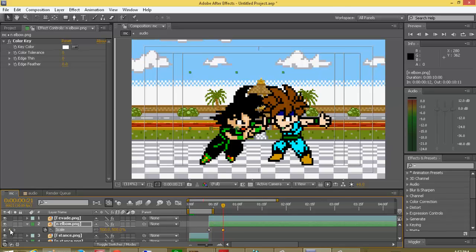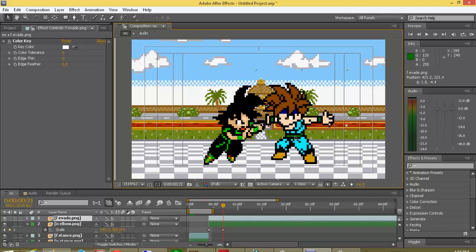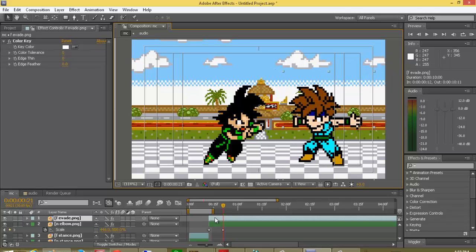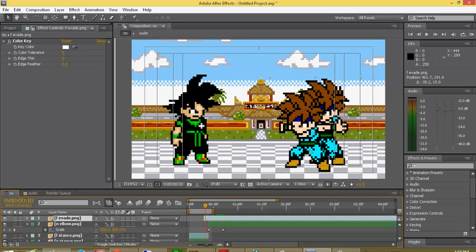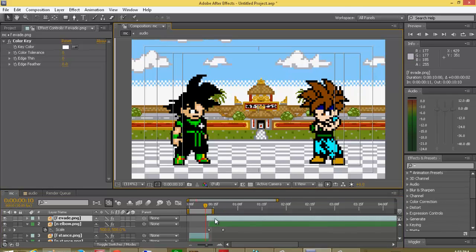And I'm gonna set another keyframe here. And I'm gonna unlock these. And I'm just gonna bring this in like that. I'm gonna bring him closer. And actually, let me see something really quick. He was like right, yeah, I had him perfect. He was like right here. So actually,